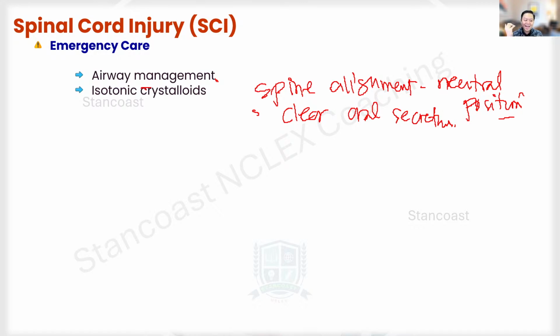But if you're just asking about DVT specific to the spinal cord injury, and if they don't have any other risk factors other than the immobility, then of course we can treat that. We can also administer those anticoagulants in order to reduce their risk in having the DVT and also preventing the pulmonary embolism. Now back to the emergency care, especially if the patient will end up with a neurogenic shock or the spinal shock wherein they're going to have a low blood pressure,